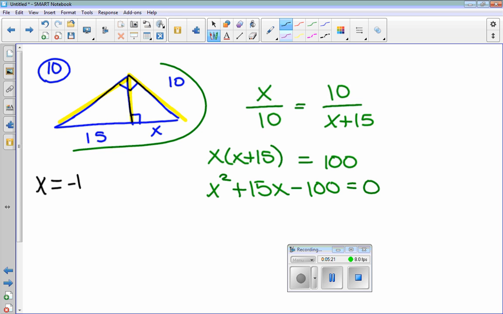X equals negative b plus or minus the square root of b squared minus 4ac all over 2a. That is the quadratic formula. You may or may not choose to use it. I happen to think factoring is a heck of a lot quicker, but the quadratic formula will always work, so